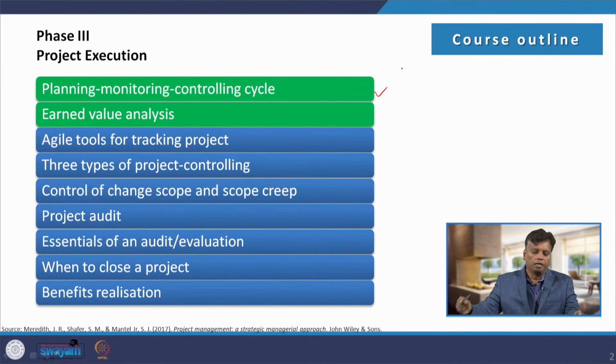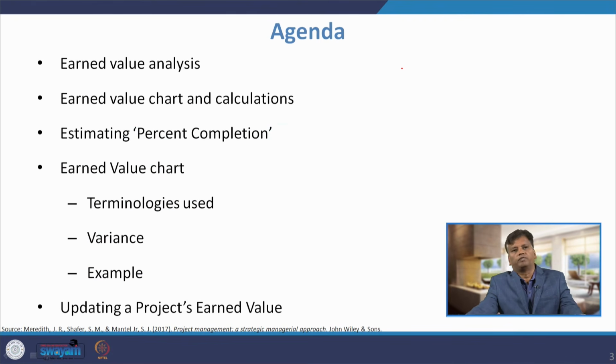Dear students, in this lecture I am going to discuss earned value analysis. In the previous class I discussed the planning, monitoring, controlling cycle. So, the next topic is earned value analysis. The agenda for this lecture is I will explain what earned value analysis is, then I will explain various